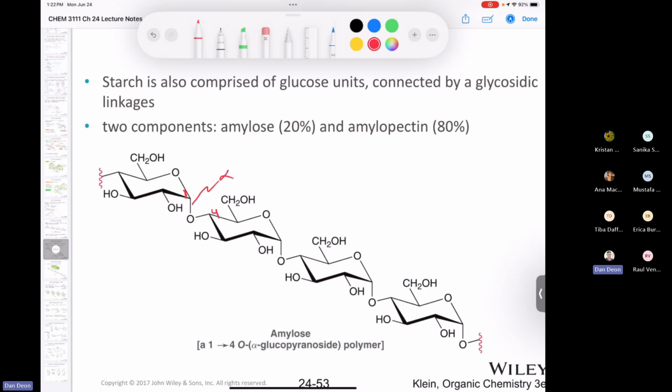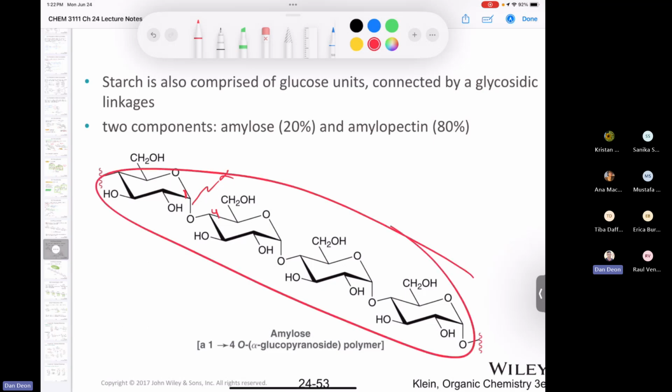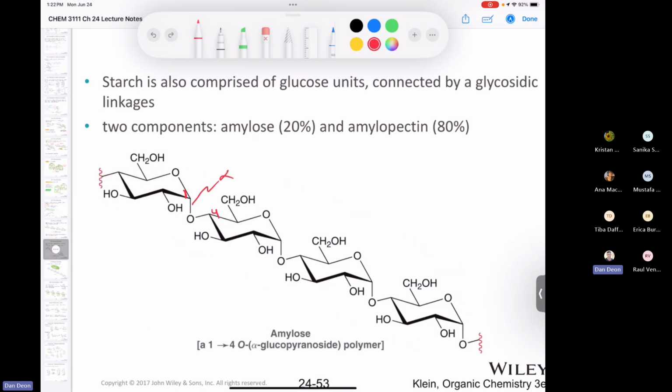But when you look at starch, it's actually composed of two things, okay? It's composed of amylose, and this is the structure of amylose here. You can see it's just a straight chain of glucose molecules that are alpha 1,4 linked. But then it's also made up of amylopectin, and it's mostly amylopectin. And amylopectin has branches off of